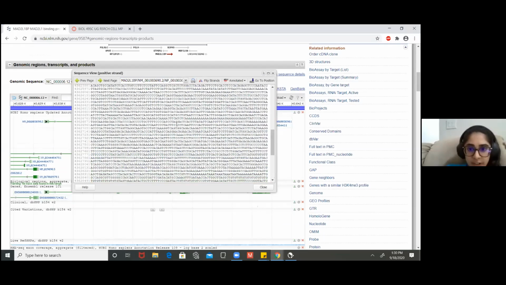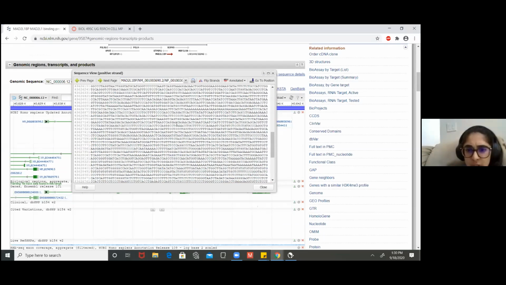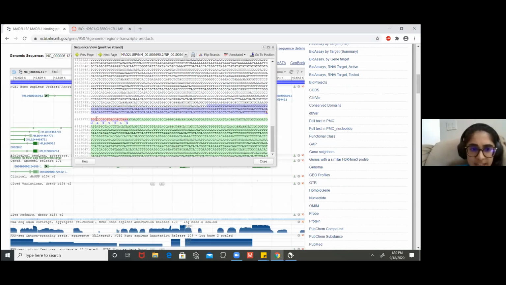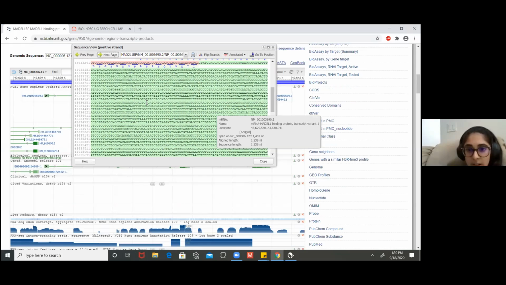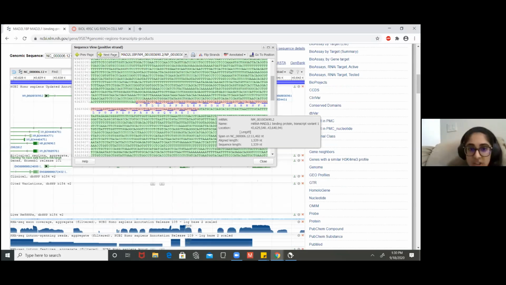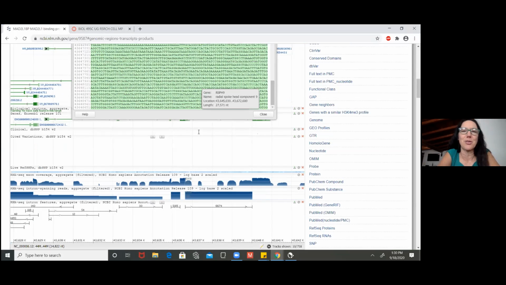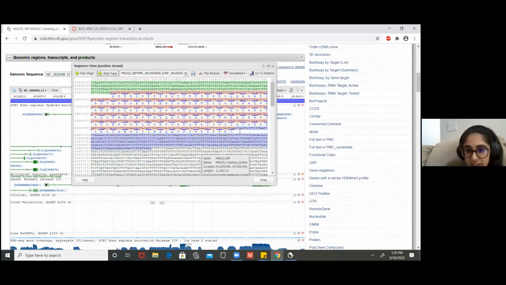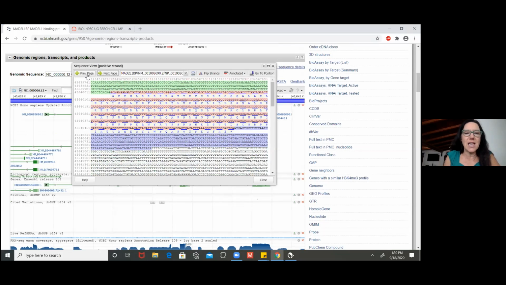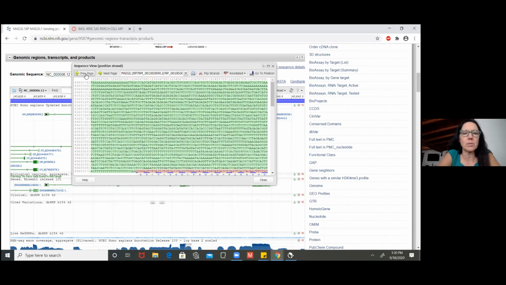There were a few variants in mine, and mine spans like two pages, but this is the first ATG right here. Woohoo! But going to the next page, I had to look a little bit, and it's all of this. So I had to find the first ATG. For our purposes in this class, we don't really care about the 3' UTR. The ending is just a teaching tool to help you understand how stuff works. But yay, there's the stop codon, and then there's blue or purple or whatever that color is